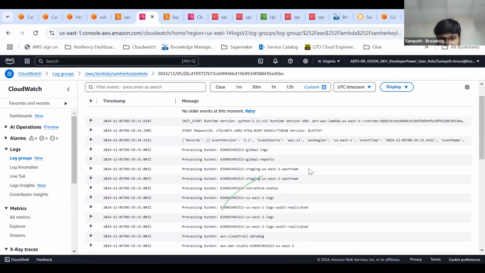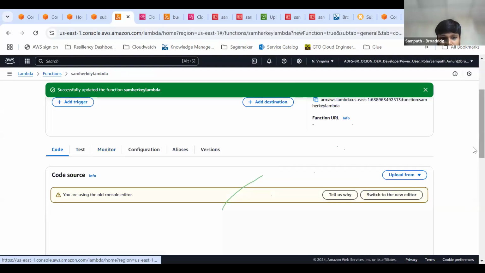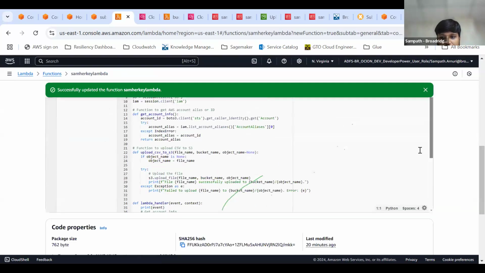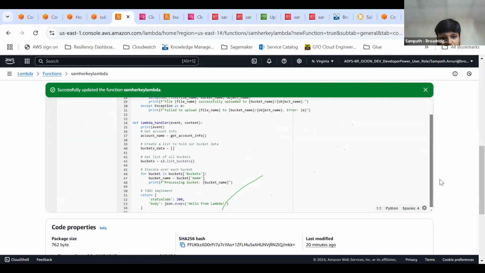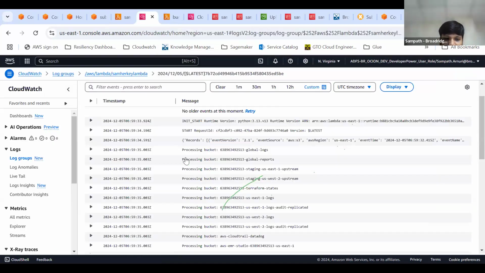So this is triggered. How I can say that is, you can see I have written print of event in the code, and that event is coming from my S3. After that, again, I'm trying to print all the buckets, which is the second part we had done previously. And here you can see